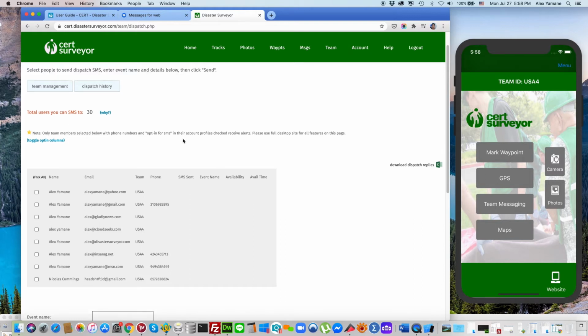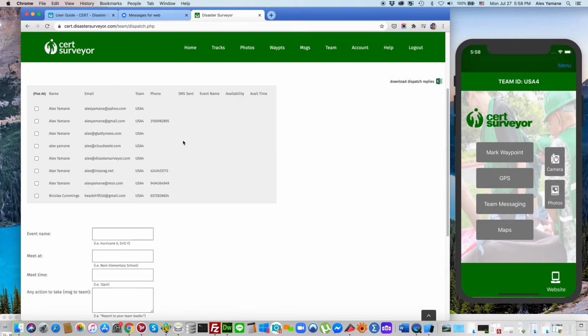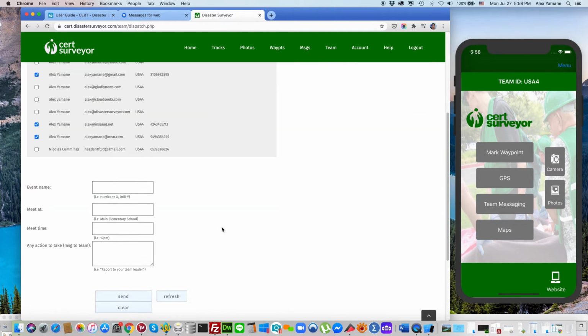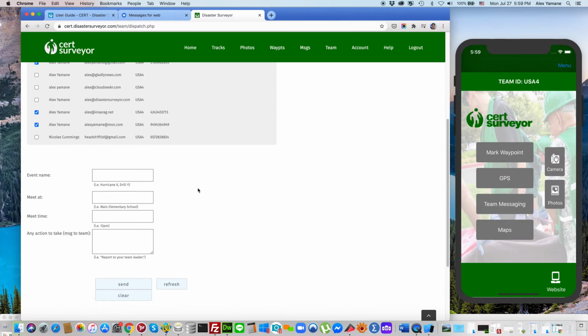So assuming you have your licenses, what we have here is a list of your users and who you wish to send the SMS alerts to. So let's try that. We're going to check a few people, and as you check the people, you will see your license count go down. I've got 30 licenses here in my demo account, and I've selected 3 people to send out SMS dispatch alerts to. Now, on the bottom of this page, we have a form that includes a few key pieces of info